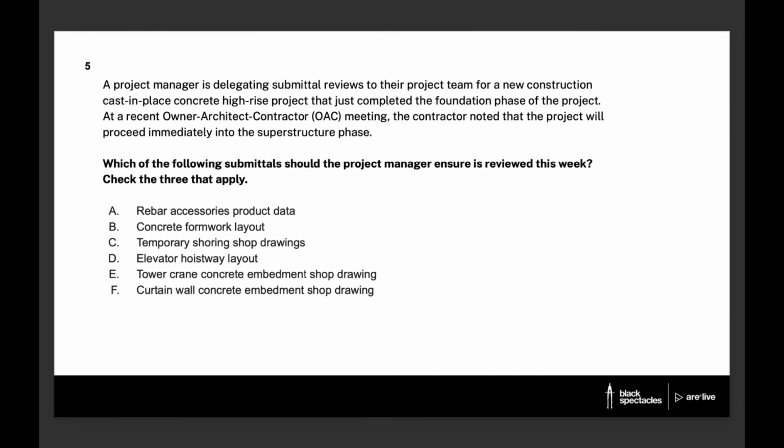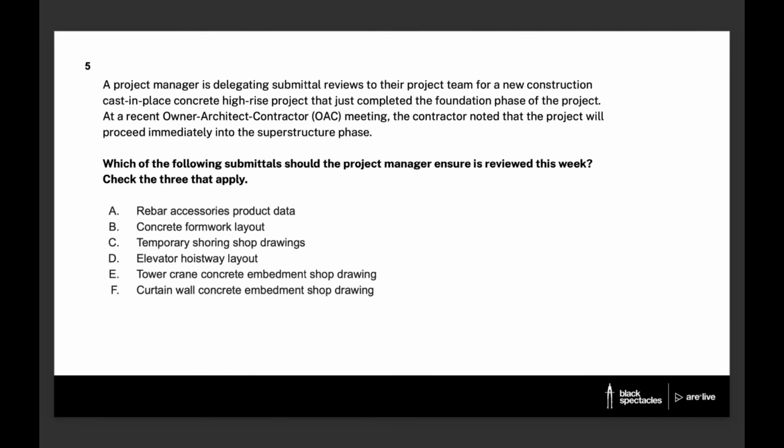So the tower crane embedment definitely sounds like a temporary situation here, maybe a safety issue. You're attaching the tower crane to the structure of the project, not something you want to be involved with. These types of submittals I would say should be returned as not reviewed. You should explain to the contractor why. You can always fall back on that they're not required as per your specs, and you only review submittals that are required in your specifications, just if you kind of want to explain why you can't be helpful in the situation. So that leaves curtain wall concrete